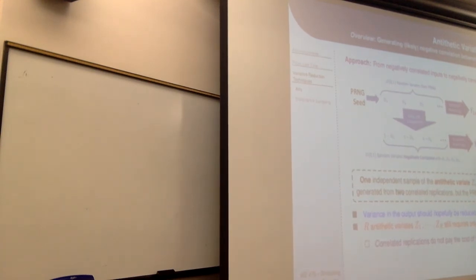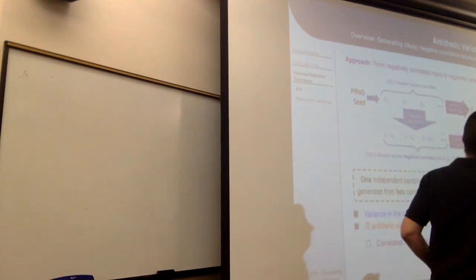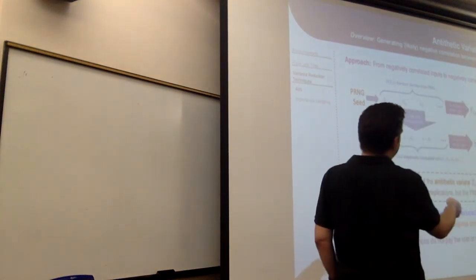And then we take those two outputs, and now we can't use these outputs as raw data to generate a confidence interval because they're not independent. We have induced dependence. They're correlated. But just like with common random numbers, I can take them, and instead of taking a difference, I take their average. And the averages from this pair to the next pair to the next pair will all be independent. So I can use confidence intervals, t-tests, whatever I want on this antithetic variate. So this variance will hopefully be reduced, and these will be independent.